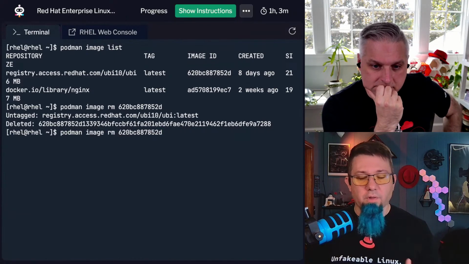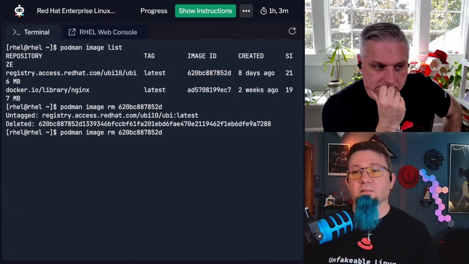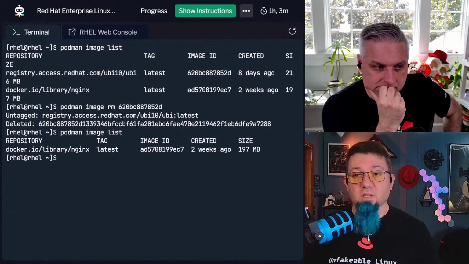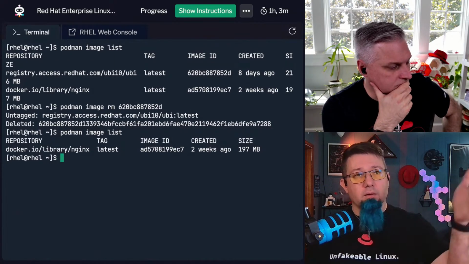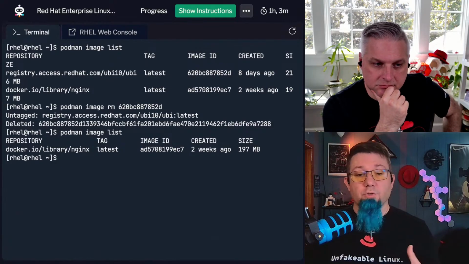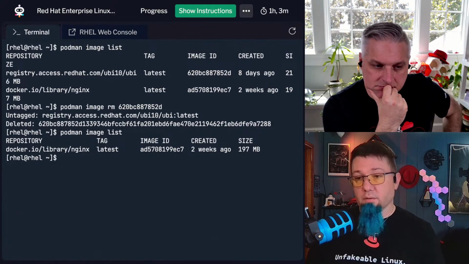If you get an error that says a container exists, then you have to delete that container first. Now, if I do an image list again, all we have left is Nginx. And I guess I did miss one. We skipped over it because we got kind of off track. Once you've stopped a container that you don't want to run anymore,